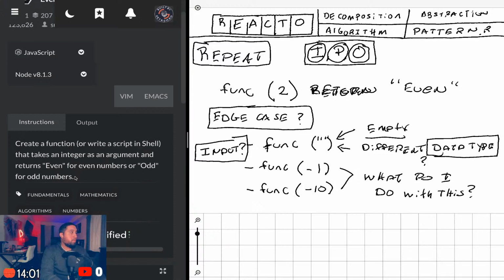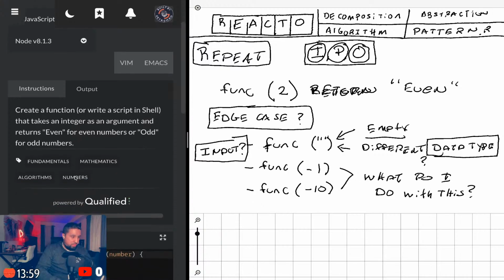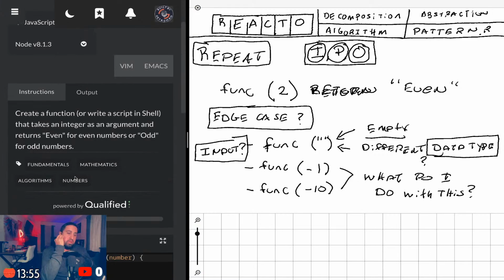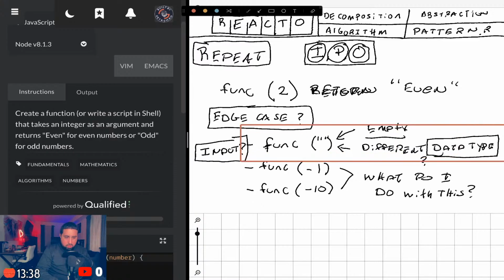Okay. So what other edge case? We have an empty string, a different data type. Let me make some notes here, my handy dandy tools. We have a different data type.